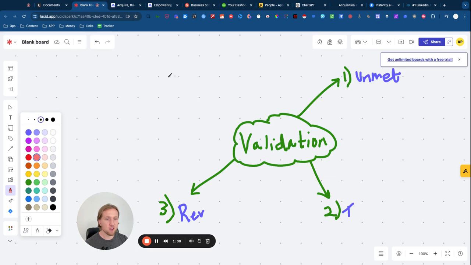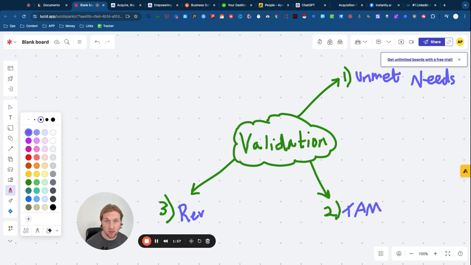So the first thing with this process is understanding that a good offer is really based on being able to identify unmet needs. I don't know why I've written "met" there. That needs to be "needs". Unmet needs. The second thing that we're going to go through in this process, and again, I'm going to show you the tools that I use to do this, is making an objective analysis of the TAM, the total addressable market.